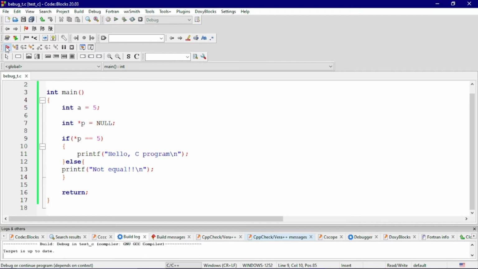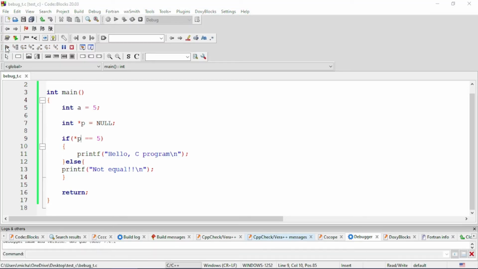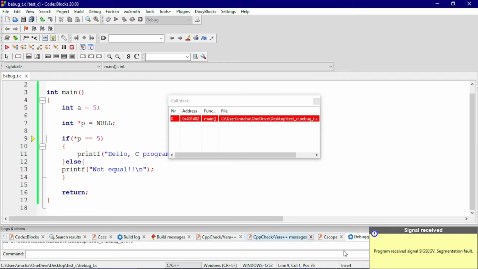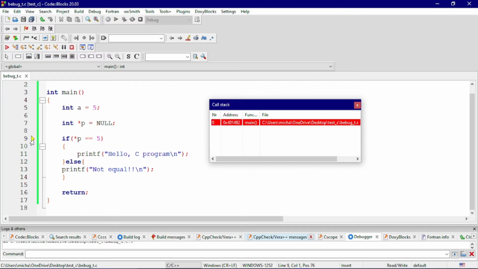Let's run our debugger now to see where the program exactly is. You can see our debugger is printing a message which says the program received signal, segmentation fault, something of that kind. At the same time, the call stack gave us something here. This yellow arrow points exactly where the problem is, in this line. Which means if we change this, then it is going to be possible for us to handle the rest of the problem.